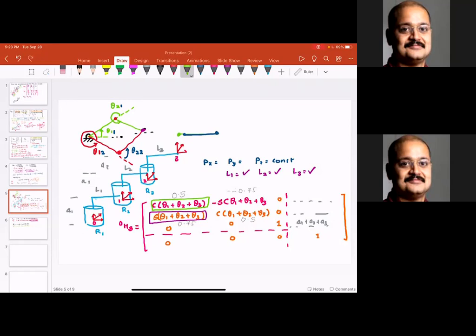Also, why didn't we do this for the previous solution? We did something similar to the previous one. Actually, Px bar is equal to L1 cos theta 1 directly. Correct. Last problem, you could actually do something similar to this and it would become simple. But I wanted to give you a general technique that can be used for multiple problems.